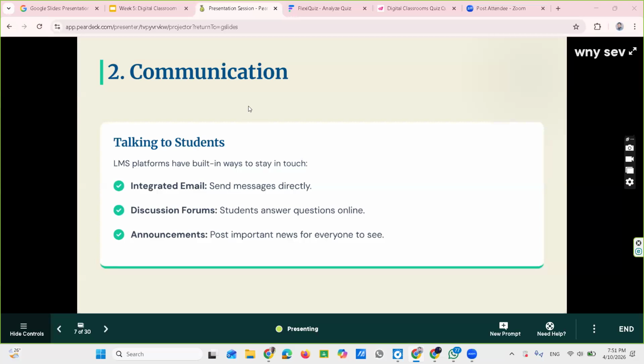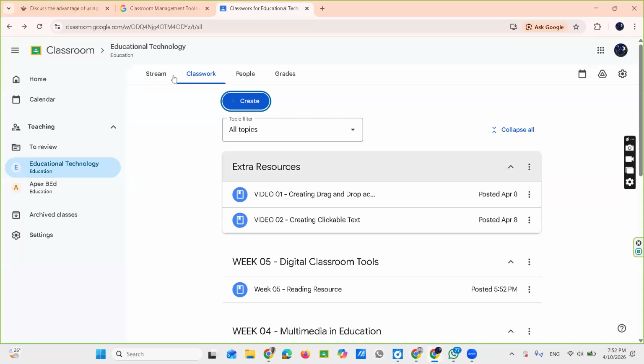Through email, you can send it. Or discussion forums: you can use a discussion forum to start the discussion with your students. Then announcements: if you have a common announcement to give, you can use the announcement area to give it. And then look at the Google Classroom that earlier we